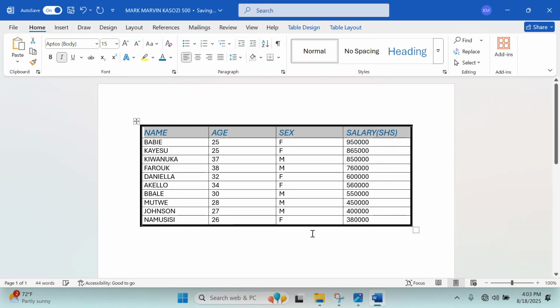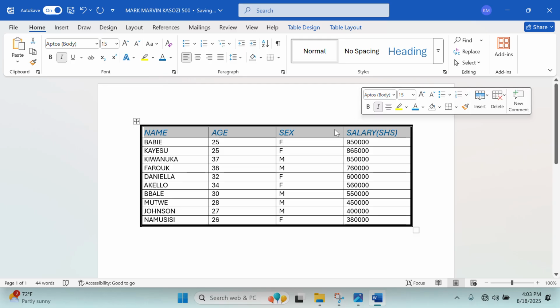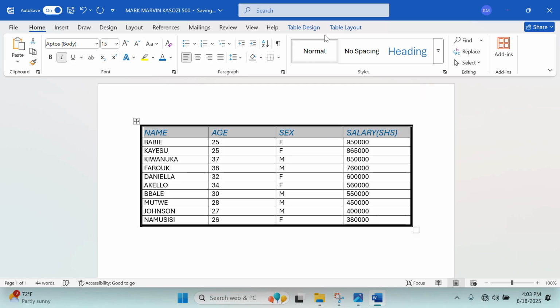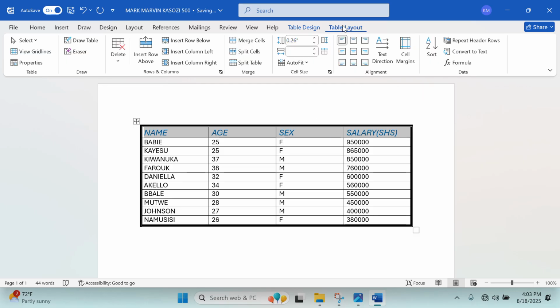Yeah, center, click OK. Let me highlight it again. And then I can even go to table, is it table layout? And then I can look for center here so that I can put my headings in the center. And then blue in color, yeah. The next question, and